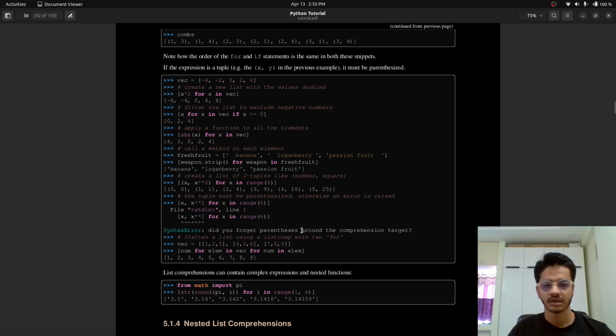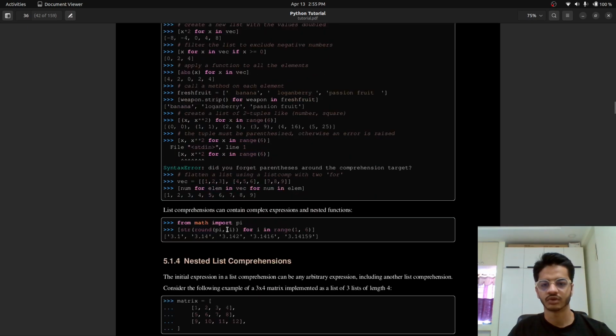Flatten a list using a list comprehension with two for loops. Yeah, so if you have a nested list, we can flatten it. So return num for element in vec, so it would return a list. I mean, these are nested lists. So if we had just this in the list comprehension, it would return us the lists inside of this nested list,